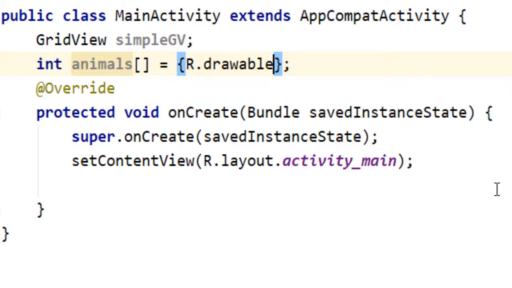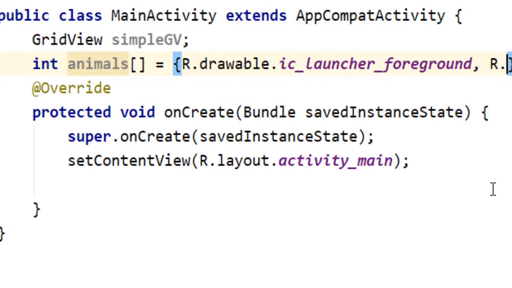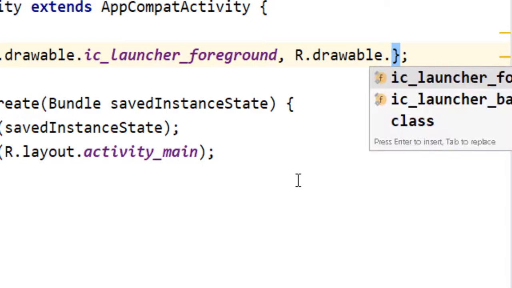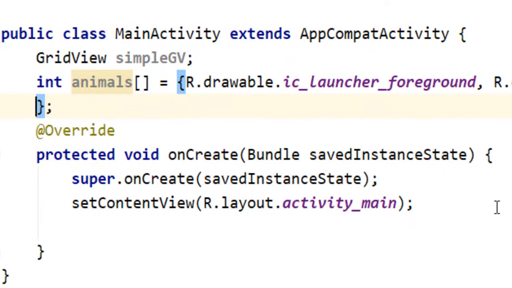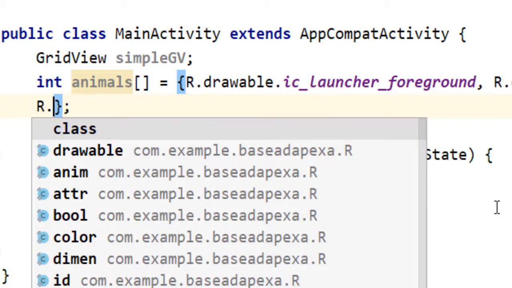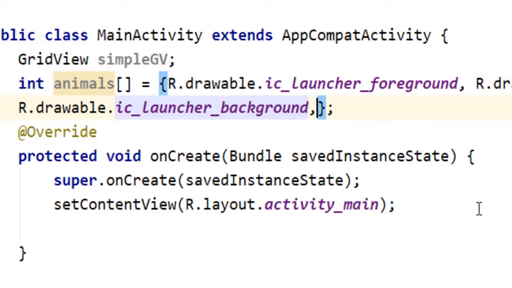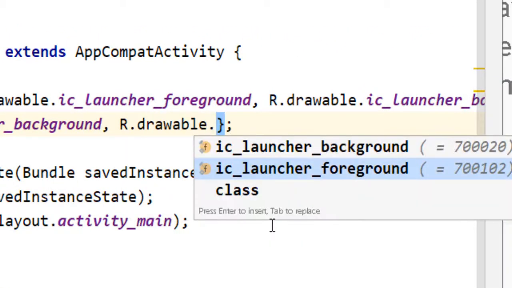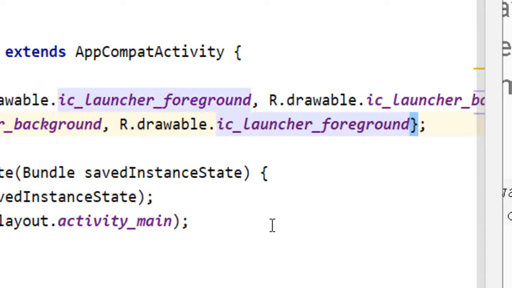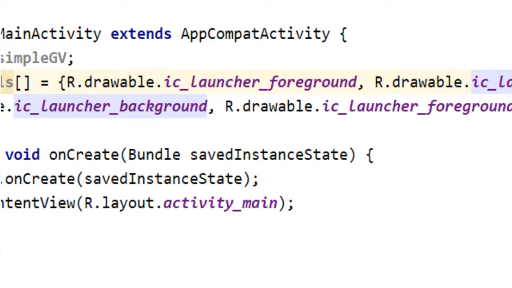So let us define that value. This is the first value, R.drawable.ic_launcher_foreground. That is the second value. Let me define the next, R.drawable.ic_launcher_background value, and let me take the last one, that is R.drawable.ic_launcher_foreground value. So I have only 4 items inside the animals array. You may see here I have 4 values inside the animals.